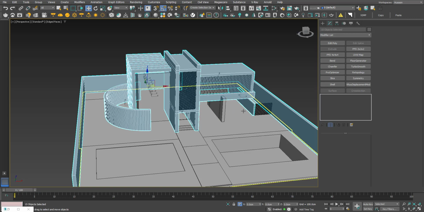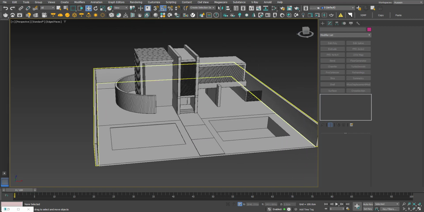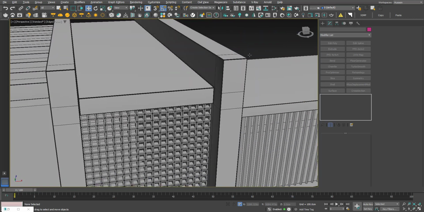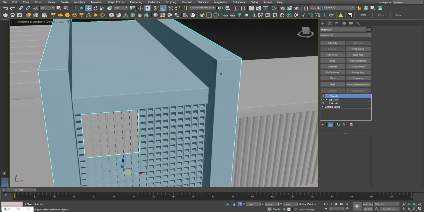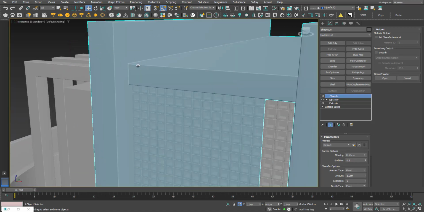I will talk in detail about that in the material part. Okay, it looks better.